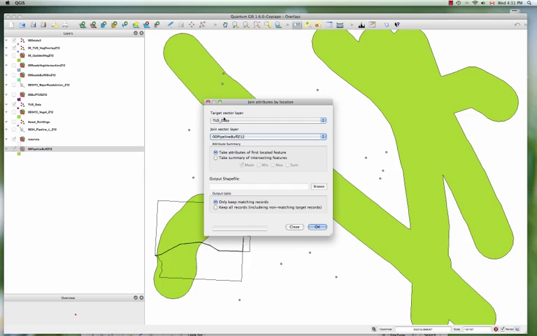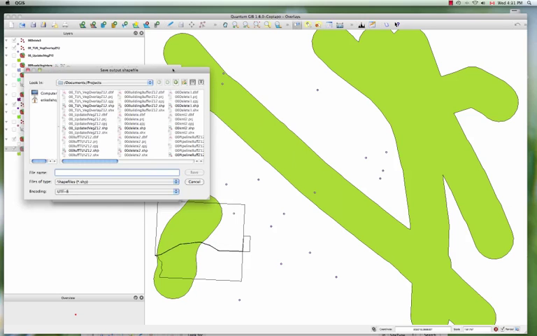So it's going to grab the point data and get information from the pipeline buffer and add it on to the TUS data. We're going back to the TUS data that we had at the start. We could also use the one that we have the vegetation overlay, and that way we would have the vegetation information as well as the pipeline information for each TUS site. And you can see that you can build more and more columns from other layers of information. We want to keep all the records,